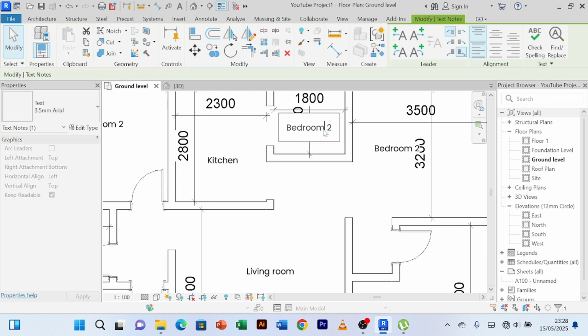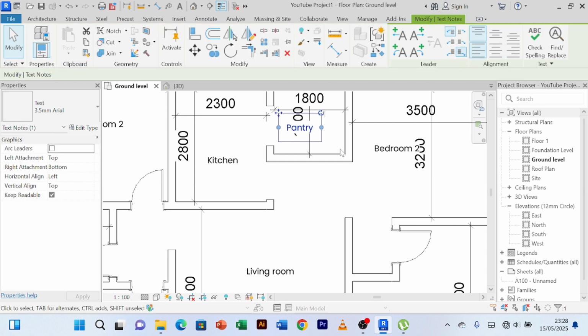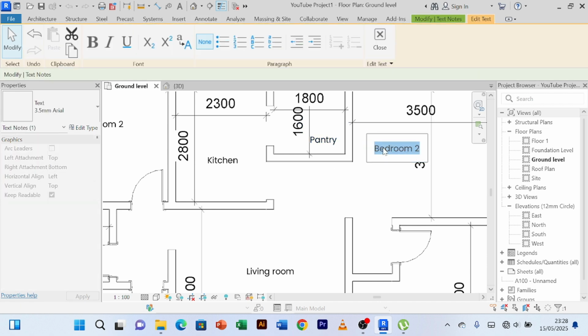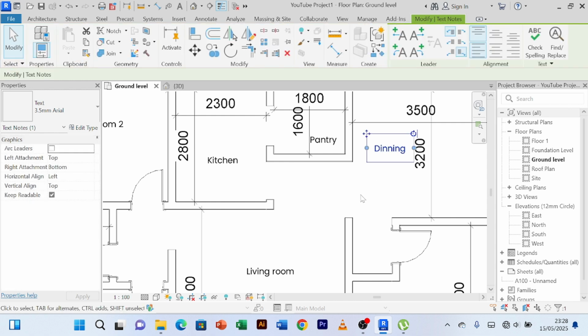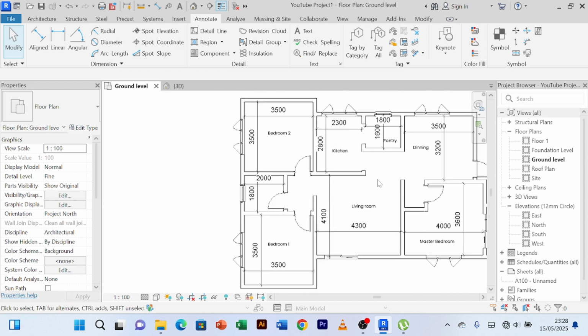And then this is our pantry or store. Pantry is basically a store. It's a smaller store. Then this is our dining space. Have we left any room